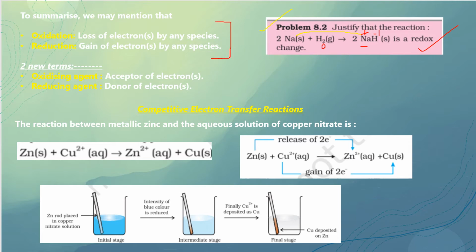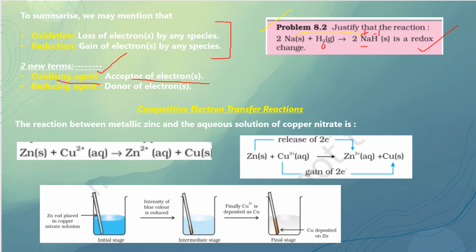Let us understand two new terms related to redox reaction. Oxidizing agent. Oxidizing agent, as the name suggests, is the reactant in a redox reaction, because every reaction may not be redox. I'll give you examples of such reactions which are not redox. In a redox reaction, the reactant which helps in oxidation of the other reactant, how will it do it? It will get reduced itself. It will accept electrons, and when it is reducing itself, it will help in oxidation of something else. So that is why we call it oxidizing agent.